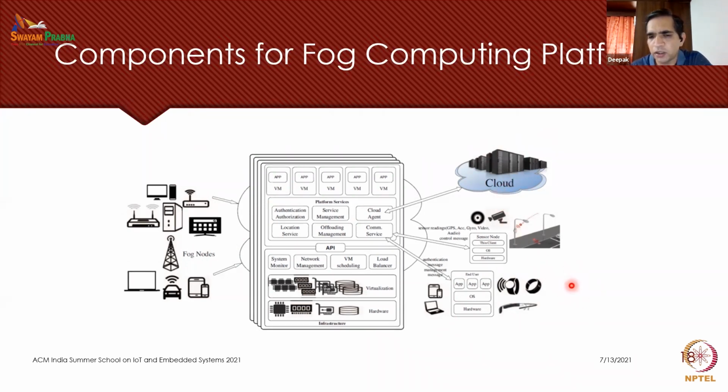Of course, it could also happen that the end nodes are directly communicating with the cloud node for some specific purposes. So that communication is still there, but some of the major computation functionalities are first handled by the fog node, and then some remaining part may be sent to the cloud. Or some data might be filtered at the fog node, and then the remaining data may be sent to the cloud. So one of these things would happen.